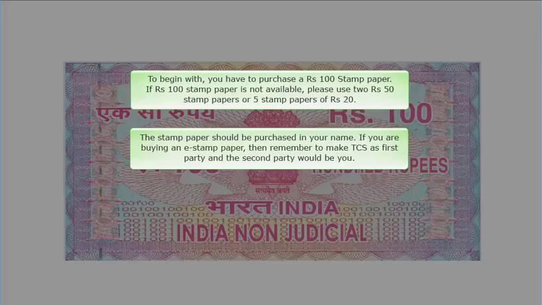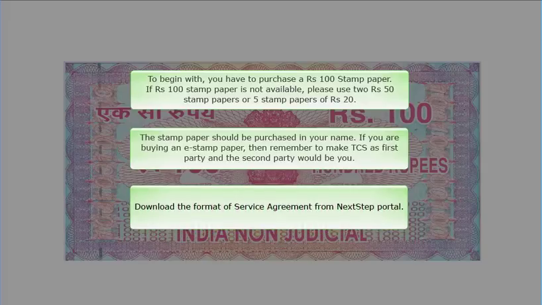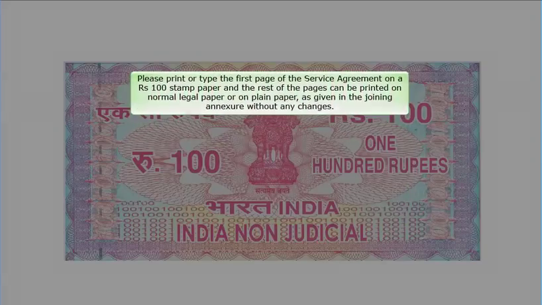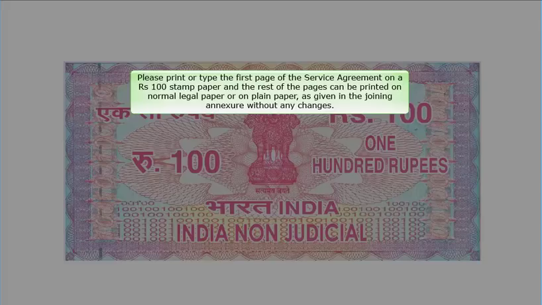If you are buying an e-stamp paper, then remember to make TCS as first party and the second party would be you. Download the format of Service Agreement from Next Step portal. Please print or type the first page of the Service Agreement on a Rs 100 stamp paper, and the rest of the pages can be printed on normal legal paper or on plain paper, as given in the joining annexure,